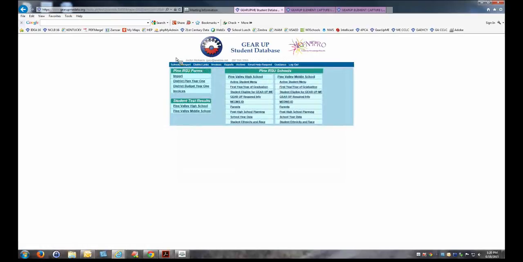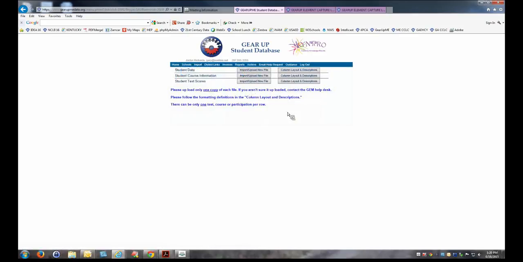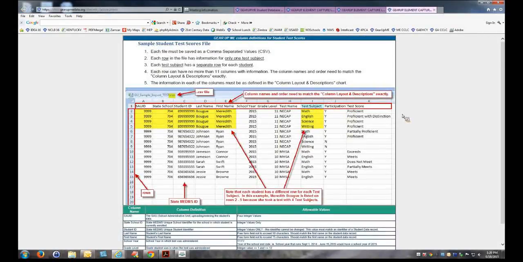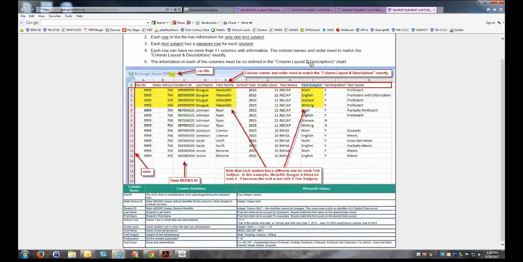To upload test scores or import test scores, you would go to Import on the blue menu bar or here. Click Column Layouts and Descriptions next to Student Test Scores. You need to create a comma-separated values or a CSV file. The column names all appear here, and the column names need to be entered in the first row of your file. Much like the courses CSV file,